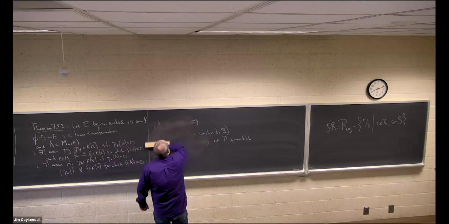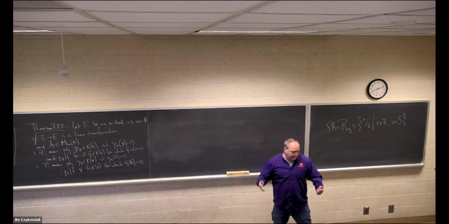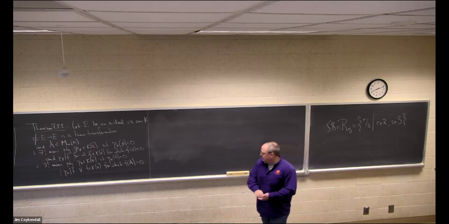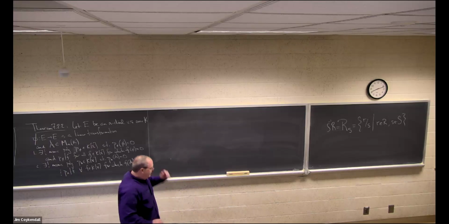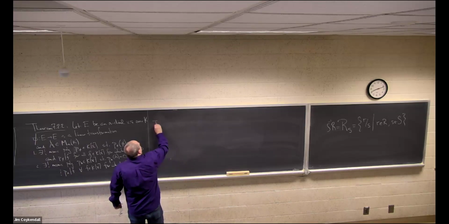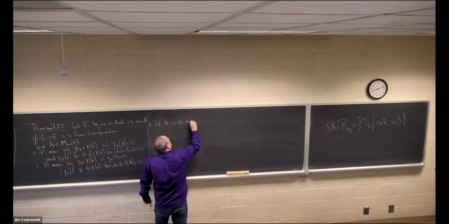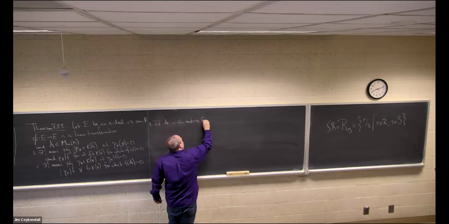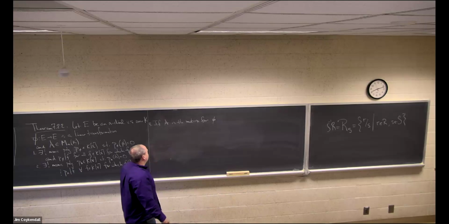That's the exactly analogous statement about the matrix. And three, let's connect them. If A is the matrix for phi, that is the matrix that we represent phi with relative to some basis for E, then